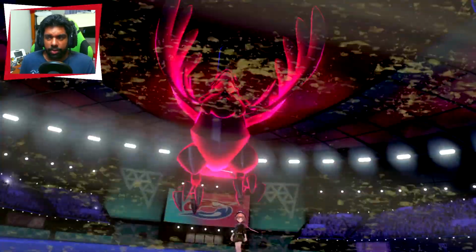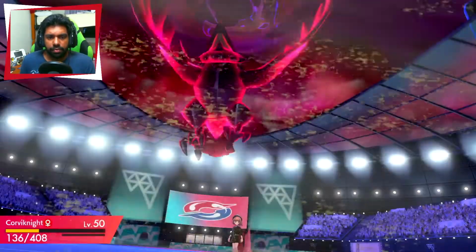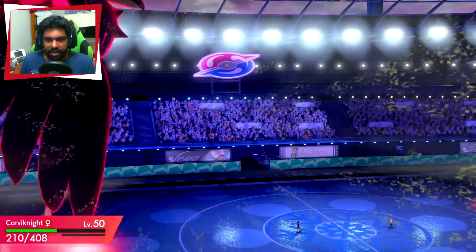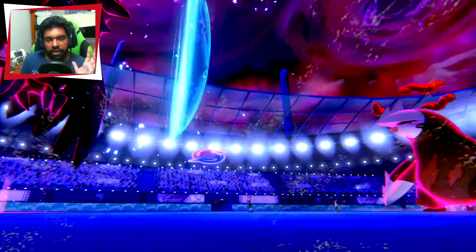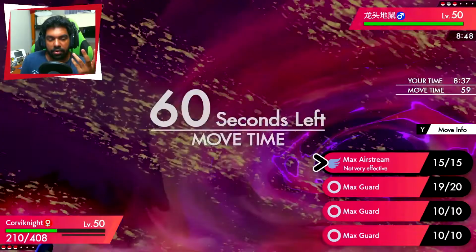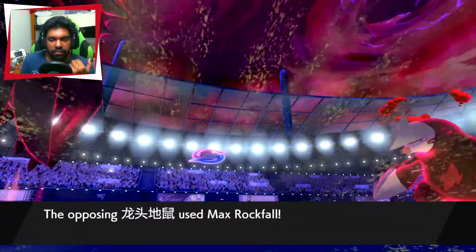I don't think I'm going to get a Tailwind off successfully, but I just want to get rid of this big boy, Excadrill, and slay it out with a different methodology. So Max Guard comes out, obviously, there's no way this thing can fail on the first attempt. Rockfall fails, and part of me wants to click Max Guard again, but we're going to click Max Airstream, and we'll see how we go. I think technically I should live this if I...